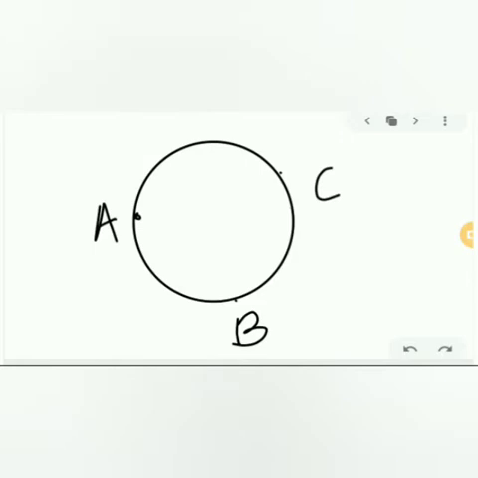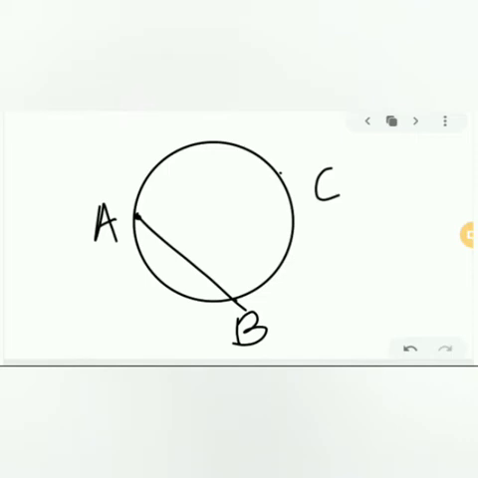Let me draw it perfectly. If I am joining AB and drawing the perpendicular bisector, you will ask what is a perpendicular bisector. If I keep the tip of my compass on A and take a measurement of more than half, and make a cut somewhere over here by taking center as A, the same process I will do with B. I will take that same measurement and cut over here.